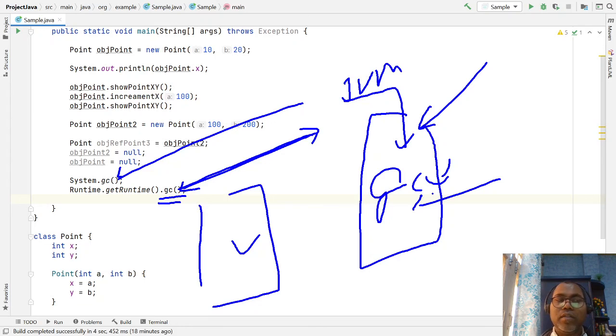At that time it runs GC. So it depends upon the vendor who implements the JVM specification to decide at which frequency the garbage collector will run. Just like the HotSpot JVM has a minor garbage collector and a major garbage collector.